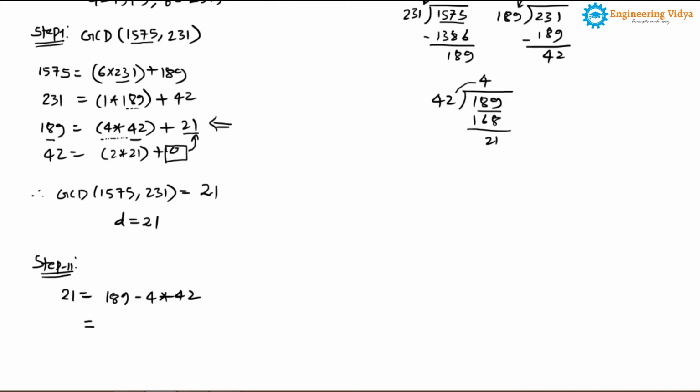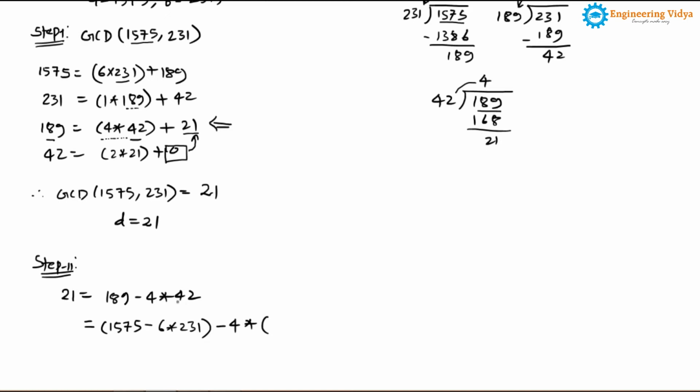So now, again, whatever steps we have obtained at step 2, we'll check, do we have a remainder over here? So 189 is there. 189 is itself a remainder which is present in equation number 1 of step 1, right? And 42 again we have, so 42 is a remainder of equation number 2 of step number 1. So we'll express 189 in terms of the other two terms. So if I express 189, it will be 1575 minus 6 into 231. I hope this is clear to you now. And here we have 4.